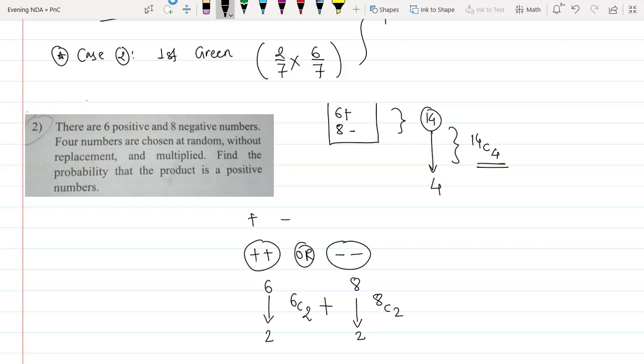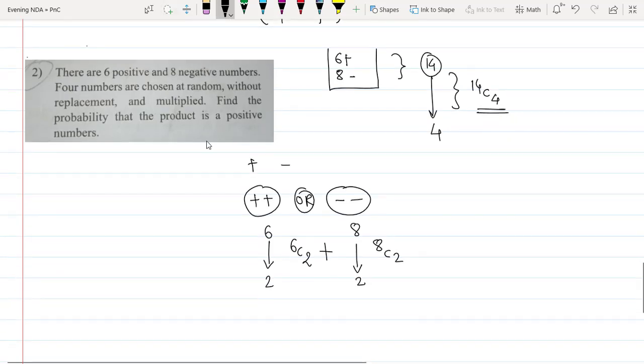Is this okay? Yes sir. एक मिनट, आपको कितने नंबर चाहिए? 4 नंबर चाहिए ना. So out of, instead of 2, we can take 4 numbers here. Instead of 2 you can take 4 numbers. See, you take 4 numbers, the product will be what? It is positive only. If you take the 4 negative numbers, इसका product भी आपको positive मिलने वाला.